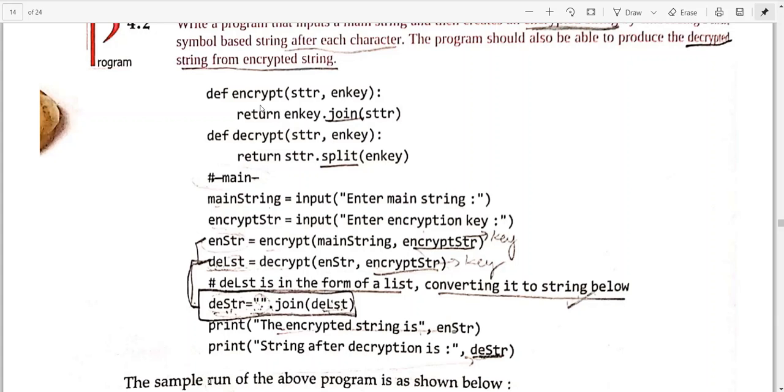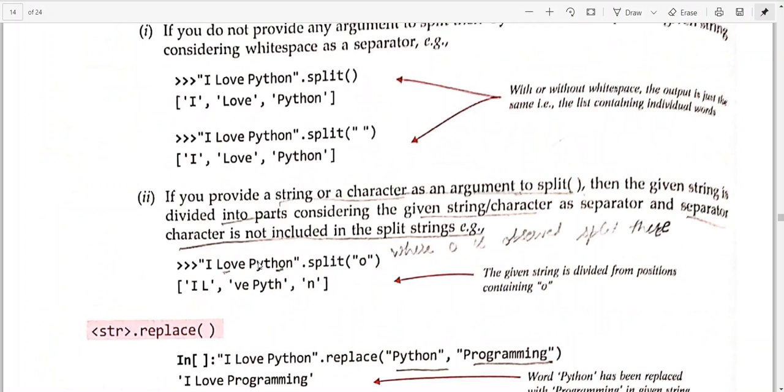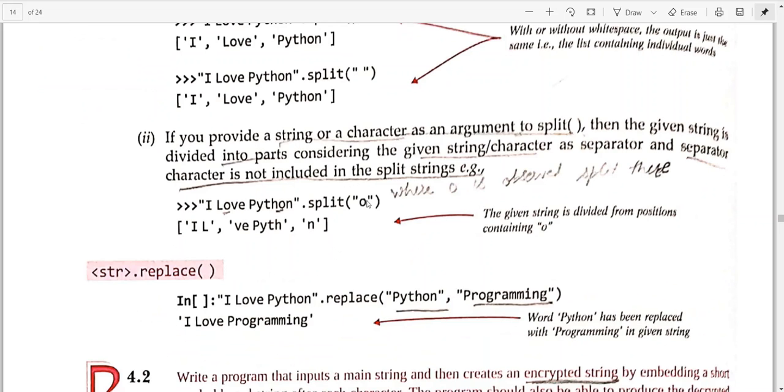So this function will take it, and what it will do, it will join the string. See, this is the same join function we are using. Here you put star, here you put hello. So what it will do, H star, E star, L star, L star, O. Fine, it will do it like that. Now decryption, what will it do? Split function you have read. What split was doing, wherever that particular character has been encountered, it splits it.